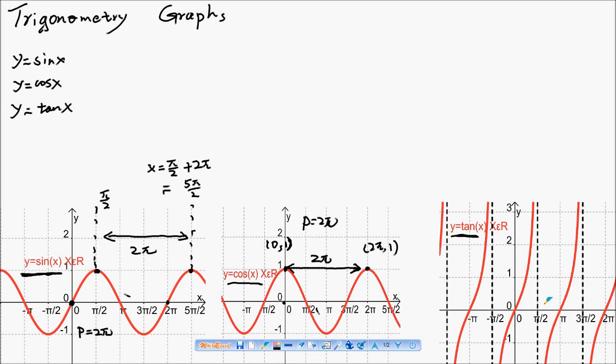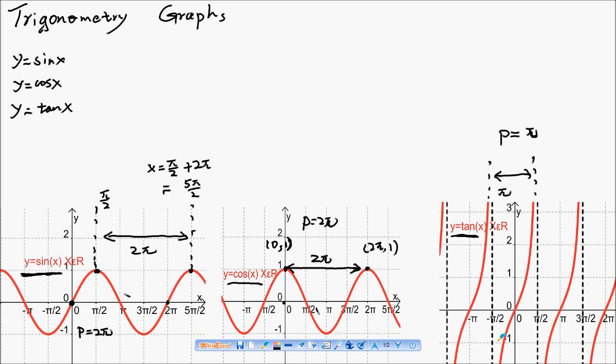The property of the tangent graph is that we have asymptotes, and the distance between two asymptotes is pi. Okay, so the period of tan is pi. Okay, the standard graph y equals tan x is tan, and